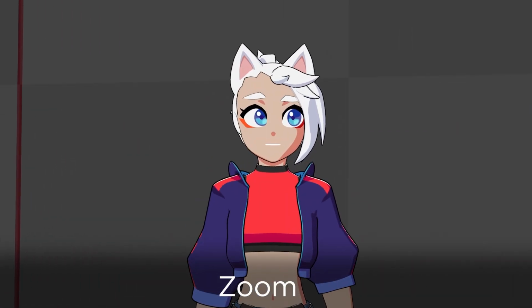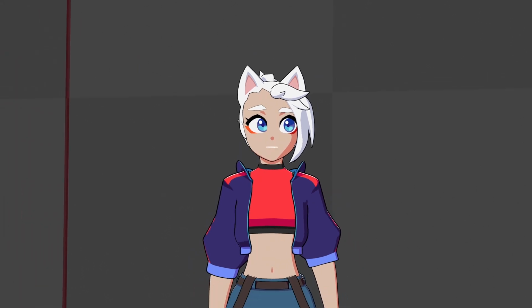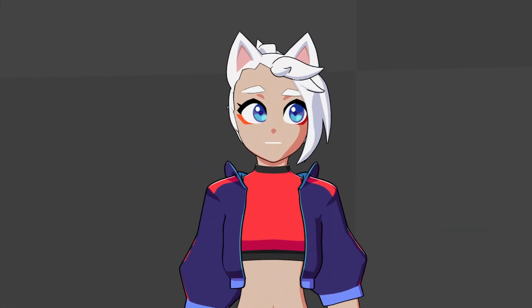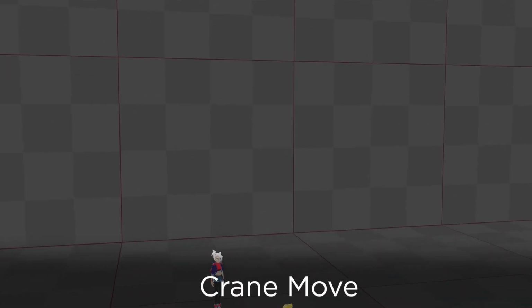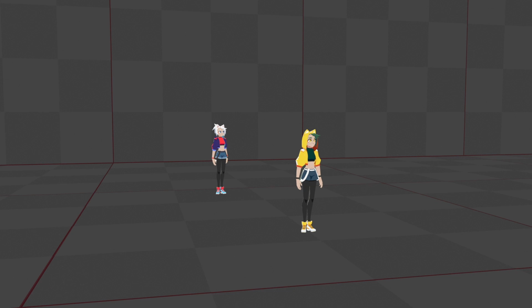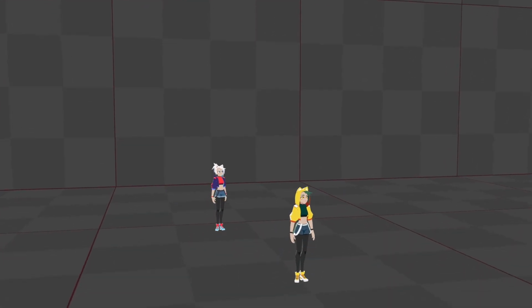A zoom is where the camera stays where it is, but the image is scaled up to take up more of the frame. This zooming in and zooming out effect is different to dollying forward or backward. A crane move is where the camera is attached to a big crane, usually to drop it down into a scene or to pull up and out. This is a technique commonly used with a wide shot to establish a scene.